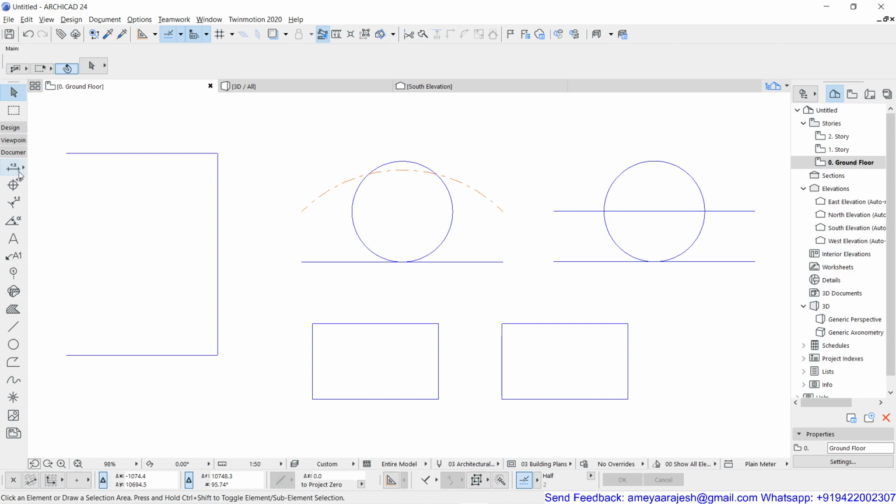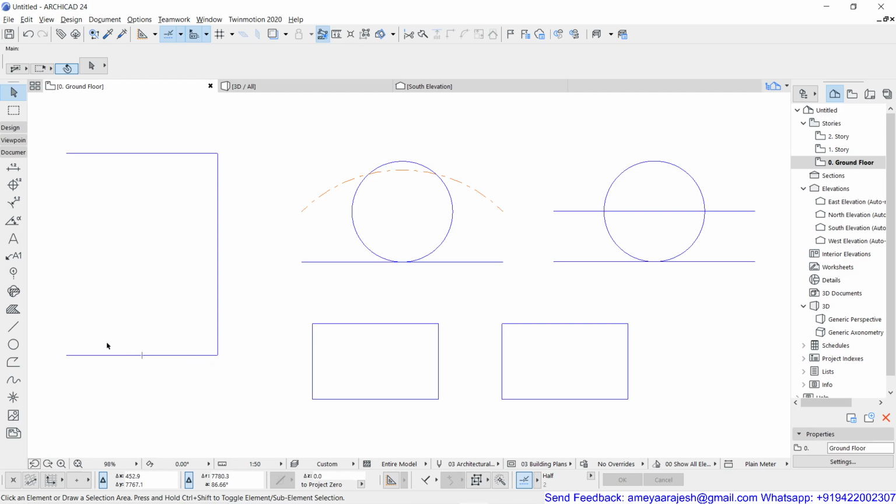Let's add new editing tools like rotate, mirror, or rotate a copy, mirror a copy. Right? So what I'm going to do, I'm just going to give you a simple example, maybe this line segment. I would like to rotate and make it vertical.